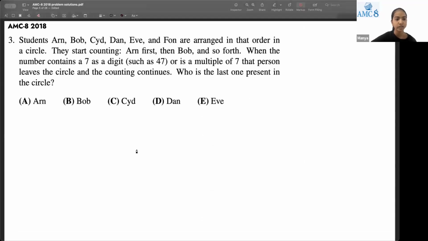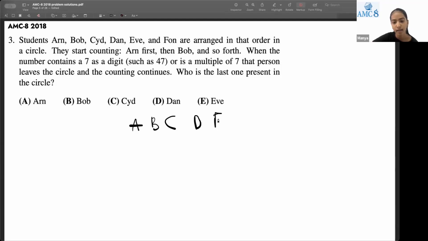Problem number 3. Students Arn, Bob, Sai, Dan, Eve, and Fawn are arranged in order in a circle. They start counting, Arn first, then Bob, and so forth. When the number contains a 7 as a digit, such as 47, or is a multiple of 7, that person leaves the circle and the counting continues. Who is the last one present in the circle? So I'm going to start by listing out the people in the circle. So A for Arn, B for Bob, C, D,